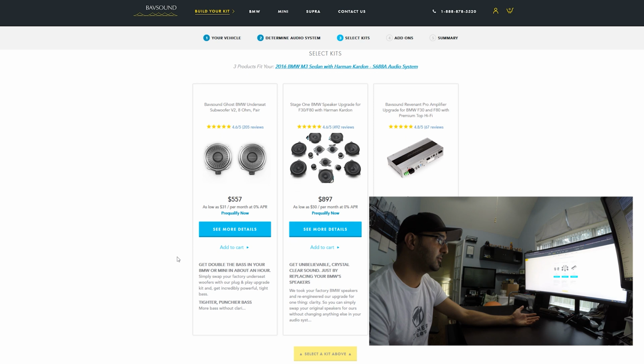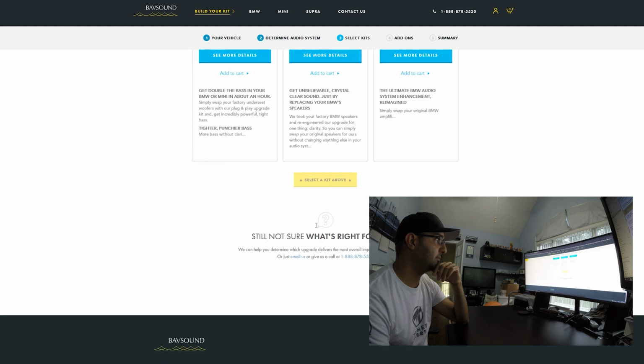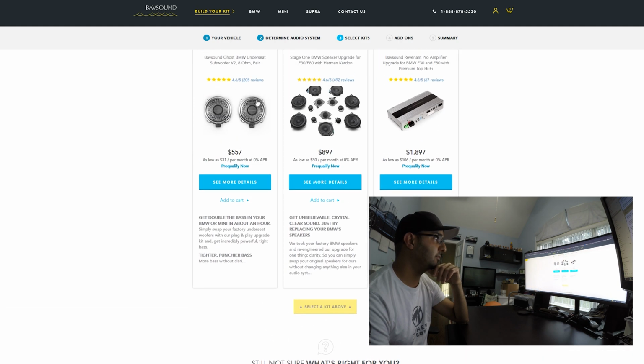So they have a few options here. They obviously have the under seat subwoofers, the speaker sets, as well as the amplifier. For my purposes, it was the under seat subwoofers as well as the speaker set. When I selected this, the amplifier wasn't quite ready for the F80s. So we're going to add those to the cart